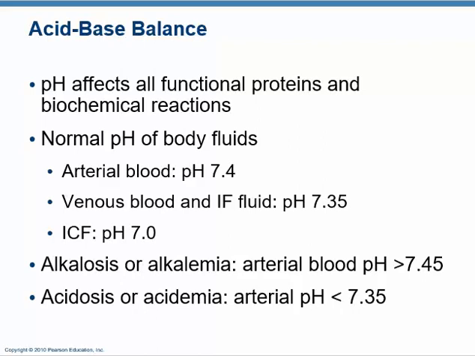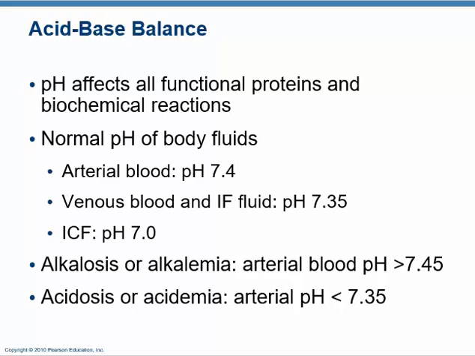Okay, we're going to talk about acid-base balance, pH. It is integral to physiology, to the homeostasis of the body. pH has to be kept very, very tightly regulated. In arterial blood, the pH is 7.4,